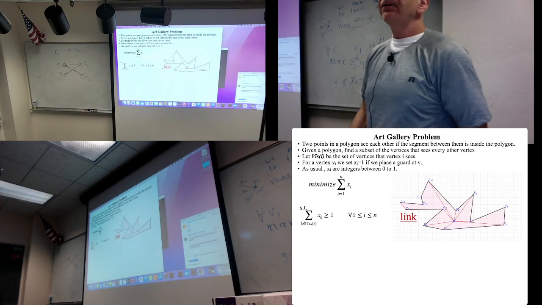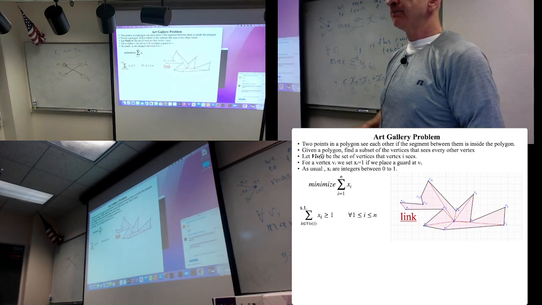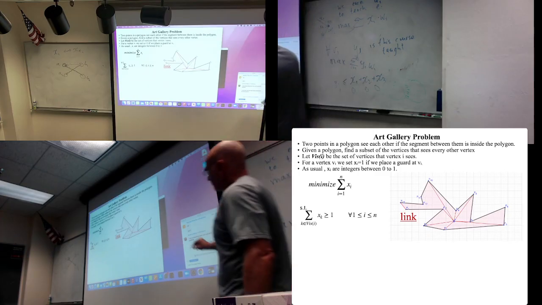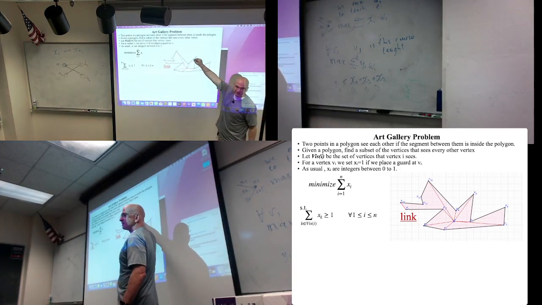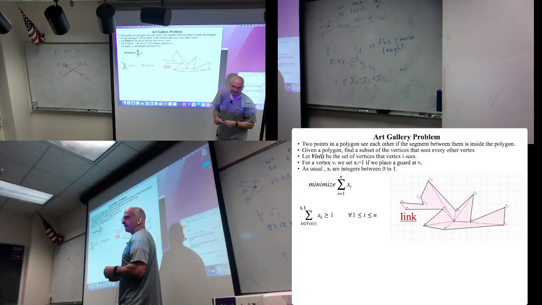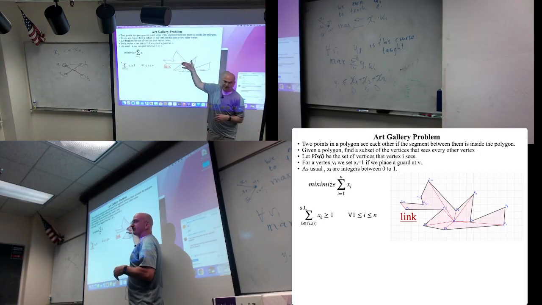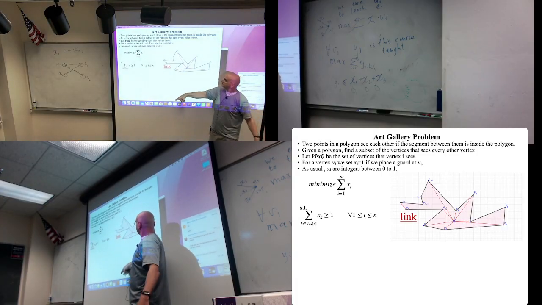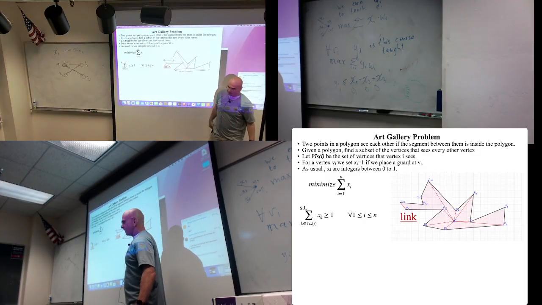Okay, and I want to find the minimum set of guards, a minimum set of vertices, so that every vertex is seen. That is, place cameras as few as possible only at vertices, so that every vertex is seen, either by the camera that sits on the vertex or by some other camera. Let's say,